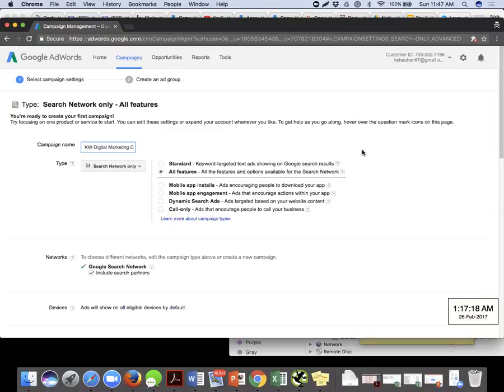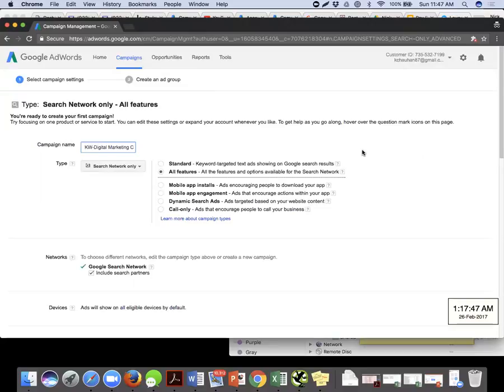All right, so what we have understood so far is that we are starting with the Google AdWords account. We saw right from the beginning how to start with a new Google AdWords account. The first thing we did was look for the clickable text asset, skip the guided setup, right? We clicked onto that. The moment we clicked onto skip the guided setup, we got a screen that said create your first campaign.